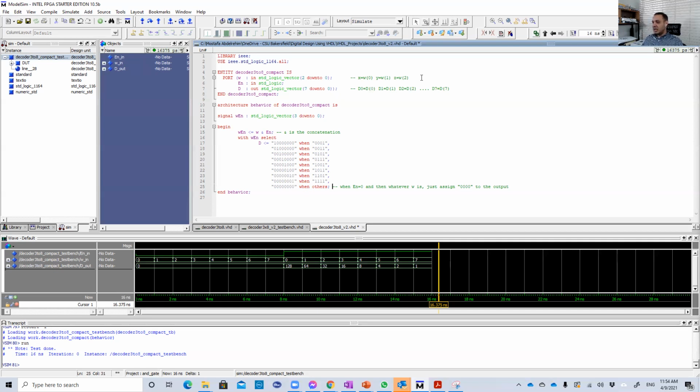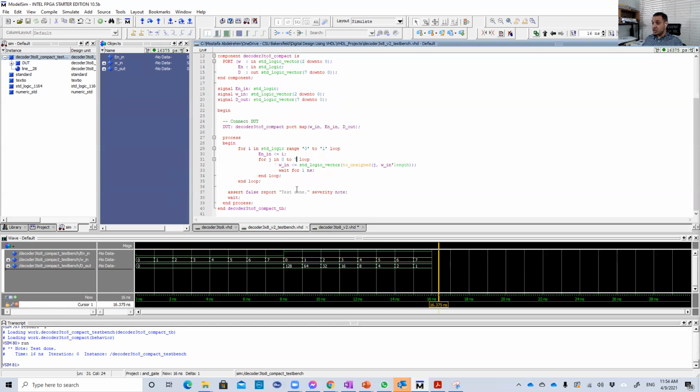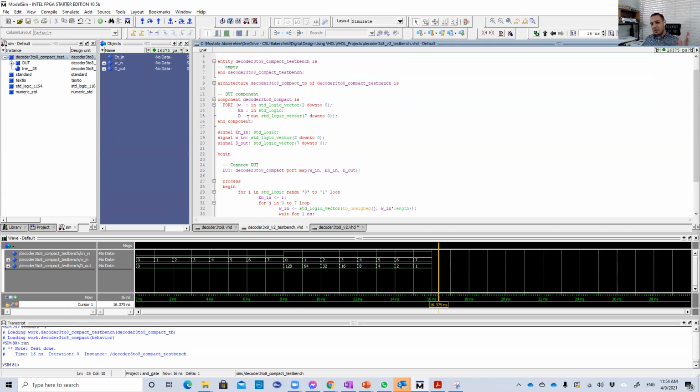Okay, so let's now run the simulation. Here is basically the test. First, let's explore the test bench. It should also be easy. So in the test bench here, we have something very similar to the test bench of the 2x4 design for